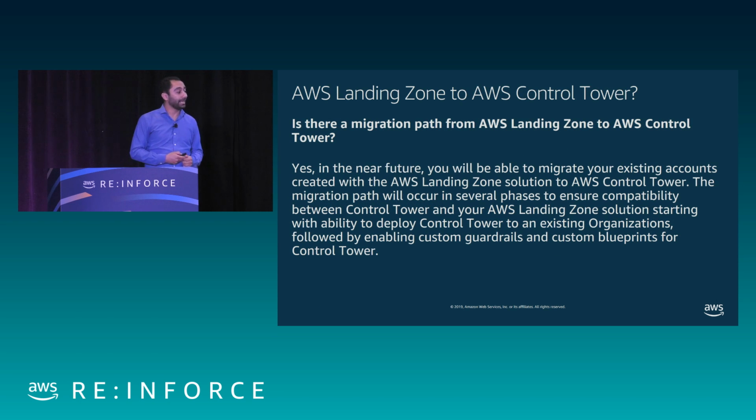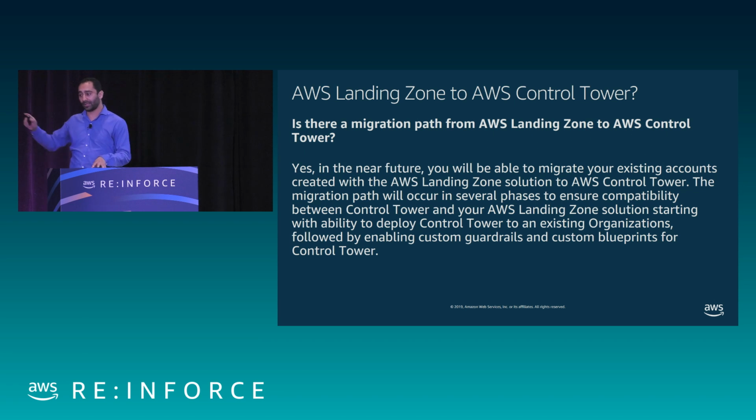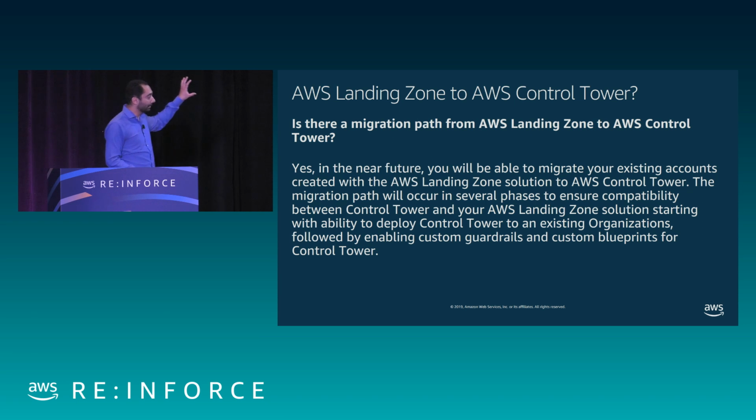What if I have landing zone today? Or what if I'm afraid to use AWS Landing Zone because I'm afraid if I use it, then I miss out on Control Tower and I want to maybe be able to use it later. The service team has committed that you will be able to migrate existing accounts at some point down the line. We'll come out with better guidance around what should you do and not do within landing zone-based implementations to help with Control Tower. And this, by the way, is right out of the FAQ that we have on our public website. So even if at some point you decide that landing zone is what you want, but are hesitant because you don't want to maintain it down the line, there will be a migration path.